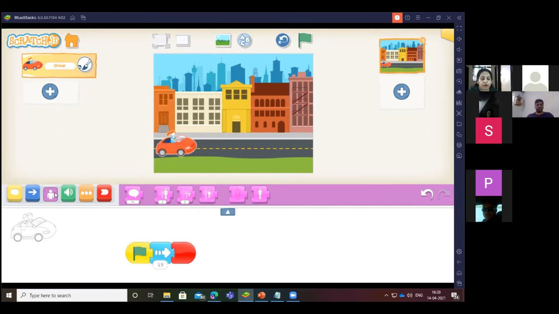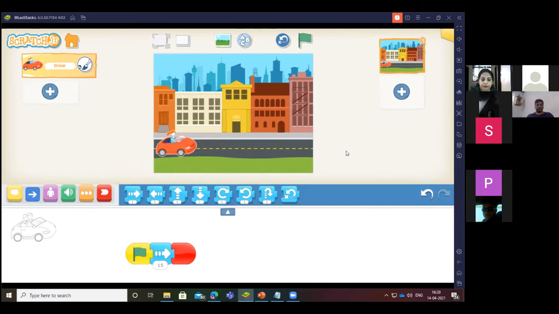Okay. After that, what I am doing, I have just taken this green flag. That was the start, and this forward button I will get from this motion, this one. And then what you could do, you can just click on how many steps you can calculate by hit and drag, and you can check that how many steps you need to follow so that it can go till end.